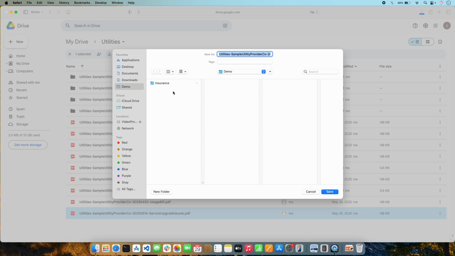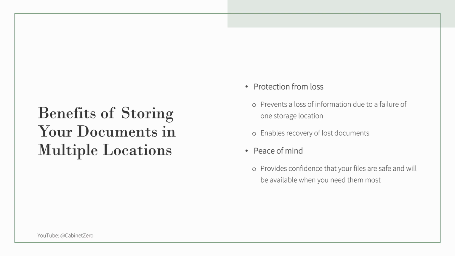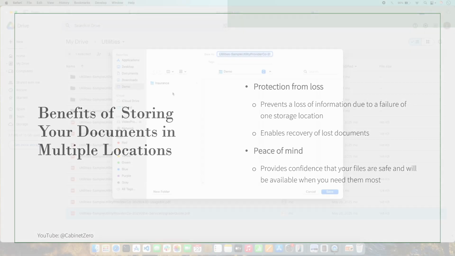When you download a file from Google Drive to your Mac, the original file in Google Drive remains unchanged. Even if the new copy downloaded to your Mac is lost or deleted, the original file in Google Drive will remain intact. This is one reason cloud storage, or any additional storage location, can be so useful when planning storage for household documents. If a file is stored in 2 storage locations, the file and its contents will continue to be available even if one storage location is lost or becomes inoperable.